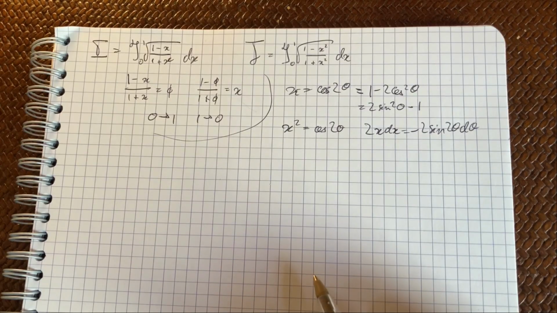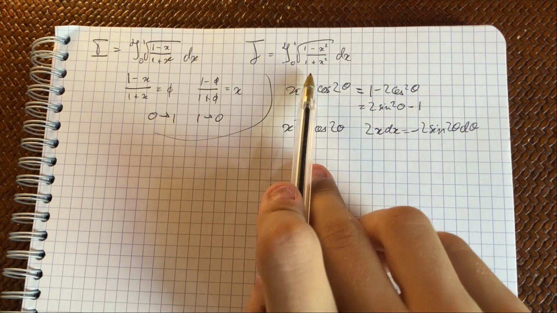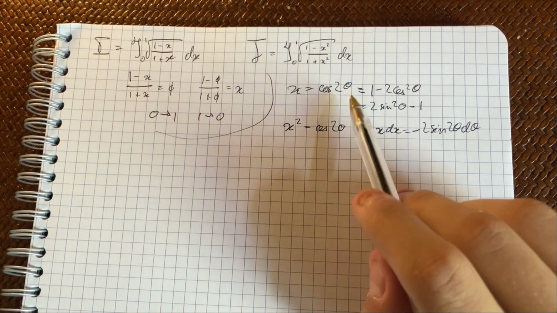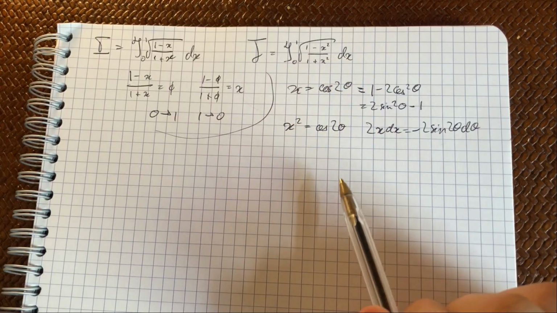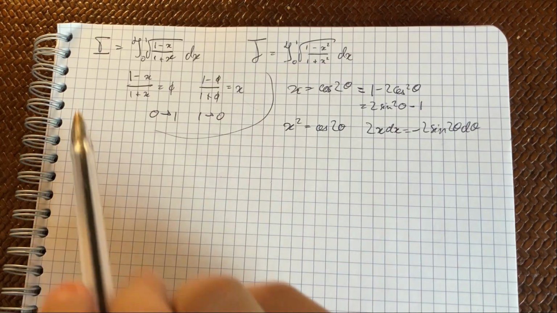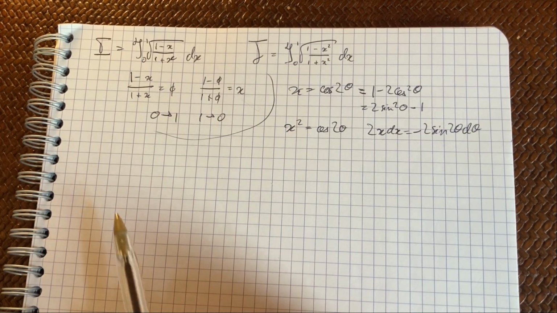So this substitution is a very solid one in this case, but not in this one, because with the x squared it is almost impossible to integrate our dx here. So we have to think about some other way to integrate this, and the way we will do it is,